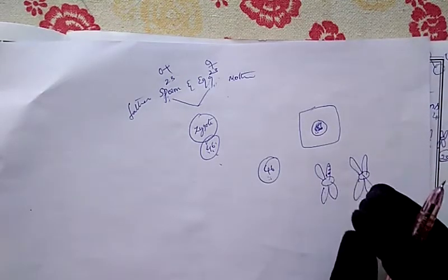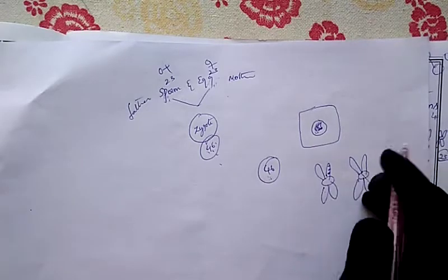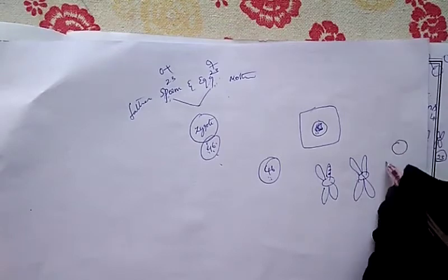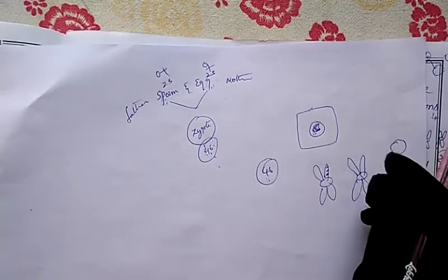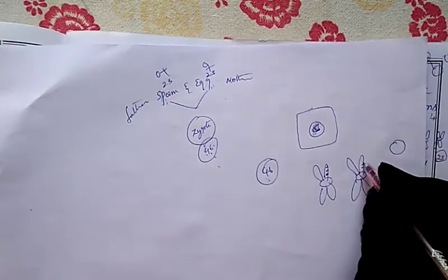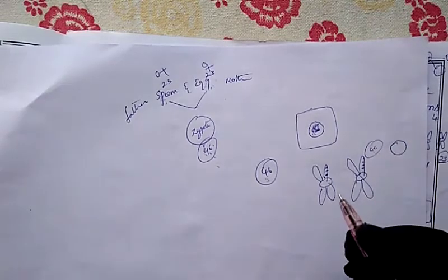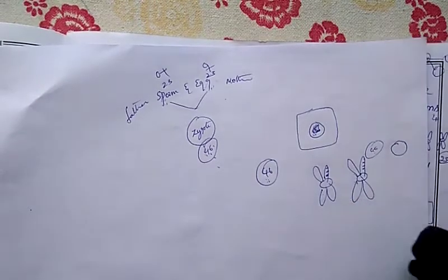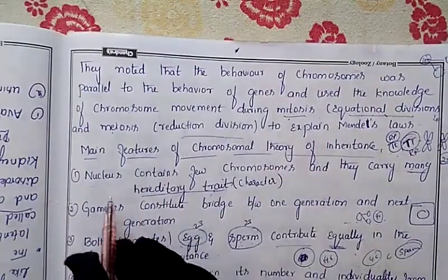We have already discussed this. So the tall character, color character, or even your hair character, or your blood cells if they are to be a round shape, or your blood group if they are to be in that pattern, for everything one gene will be present on our chromosomes. So chromosomes may be 46, but on those 46 plenty of genes are present, holding the characters. So this is the first feature, given by Sutton and Boveri.